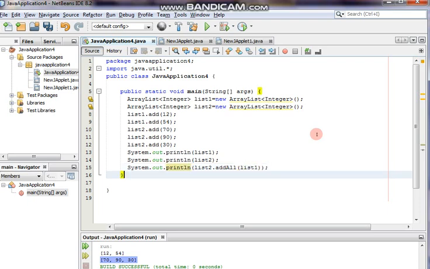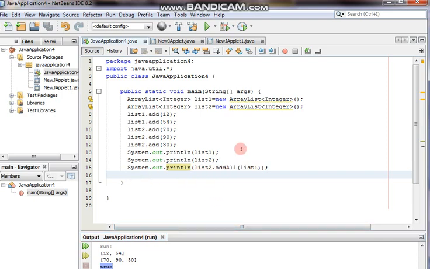I want to add all the elements of list1 to list2. Okay, after it completes, what will it return? Check what it is returning, students. True. It means it succeeded. All the data got added to list2.